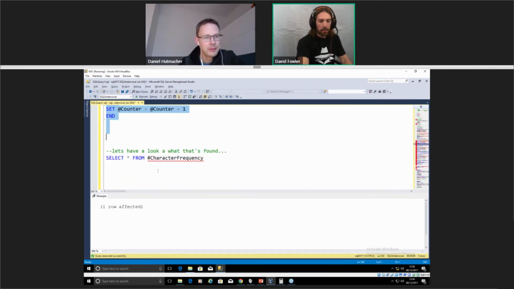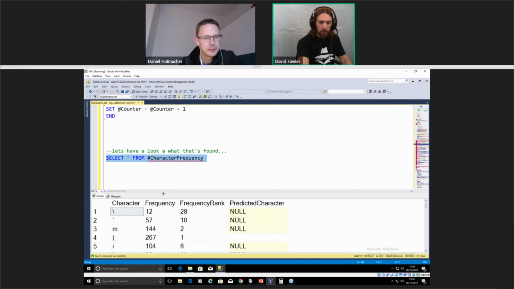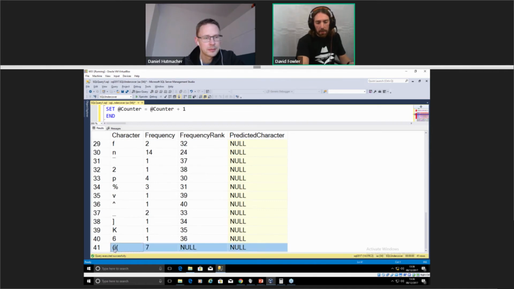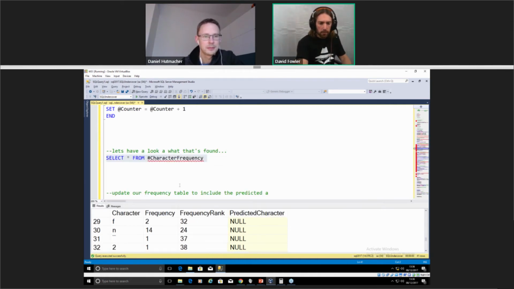We run that. We now select from our character frequency chart. Down at the bottom, we will see each occurrence of a singly occurring character. So this time, we've only actually got one character here that shows up on its own, and that is an I. That shows up 7 times. So we can be pretty confident that I represents an A.